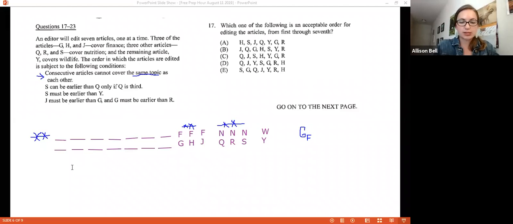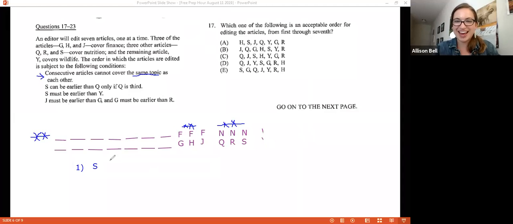Then I get some rules. The next rule, which I'm just going to label rule number 1 because it's the first one that I'm writing down, is S can be earlier than Q only if Q is third. This is a really tricky rule to write correctly. So I want you to check your notation very carefully. So if I have a situation where S is earlier